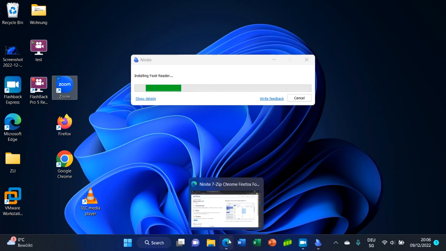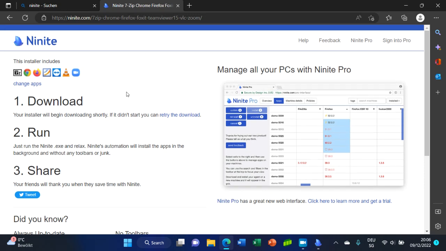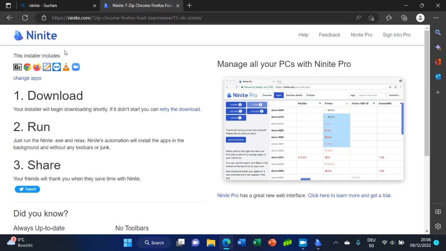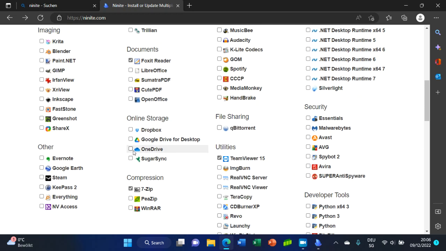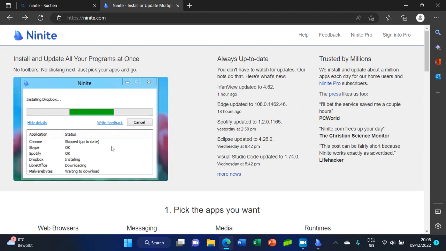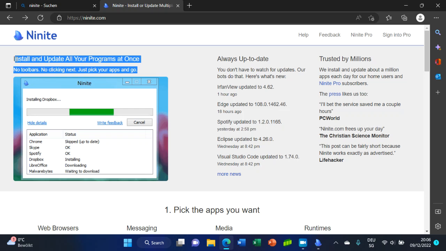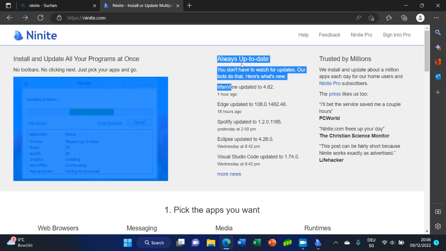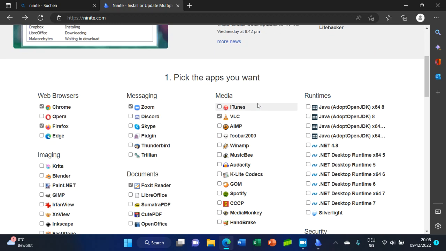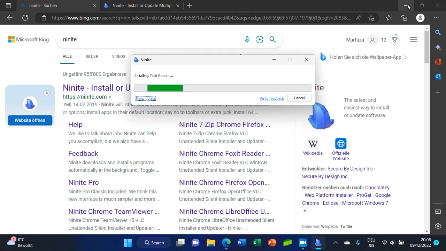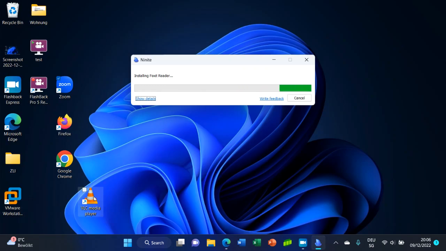Yeah, you can go to this website and download and install your software. Very simple and easy. There are many, and the one thing which is very good with this website is it is always up to date. Always up to date, and trusted by millions. As you can see,